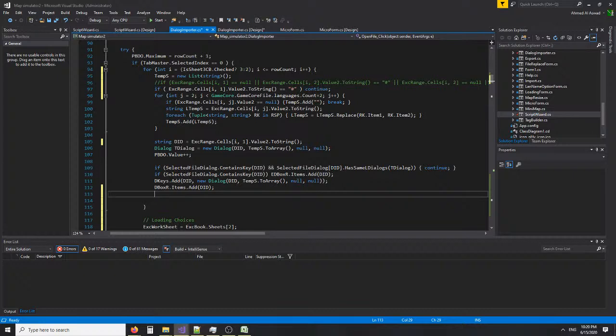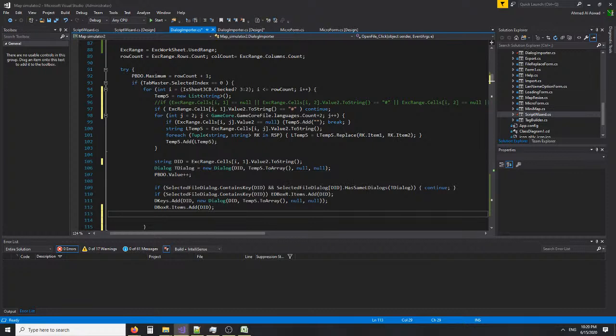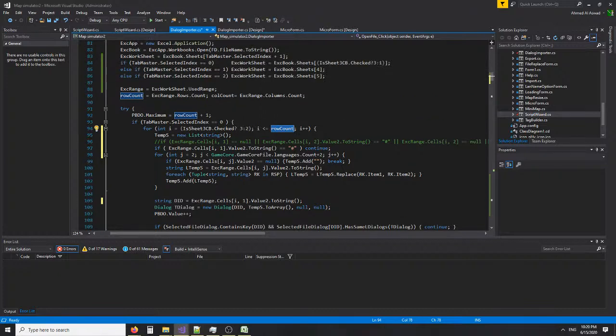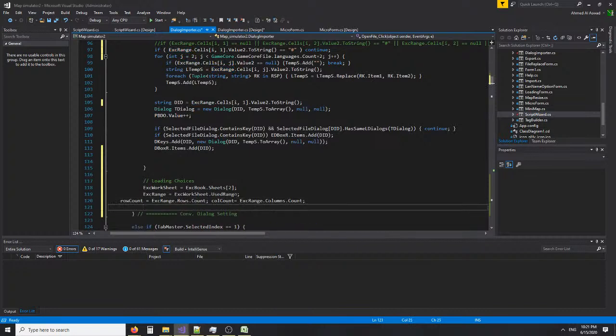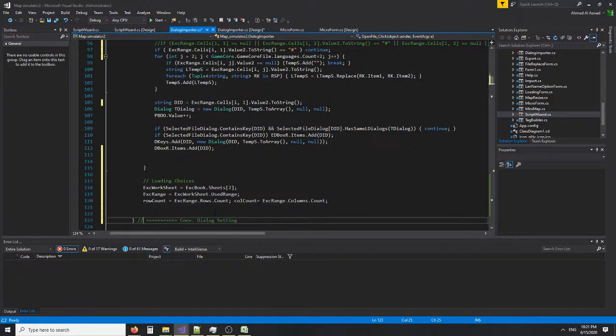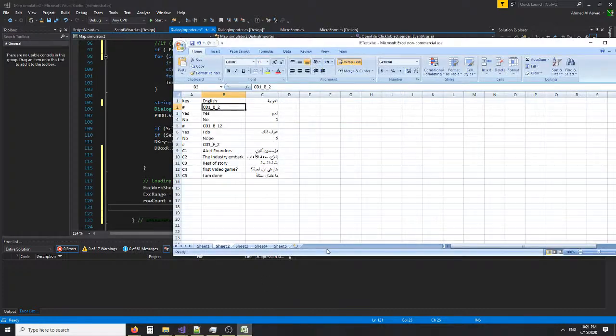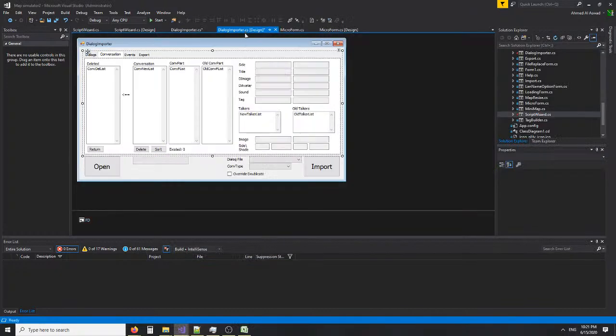That's why it said it's null. Because if the table is empty, you should continue. But if the table is empty, it shouldn't start in the first place. Because the row count. I believe I need to reinitialize these three. So what happens if we don't have choices at all? Will we print these in the first place? Let's go and check. So when we go to the export,